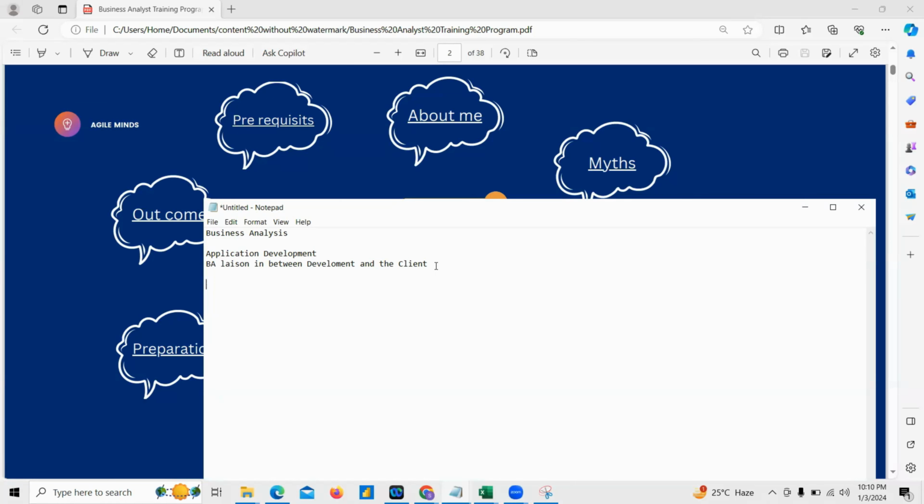For example, if someone wants to develop a login page for an e-commerce website, and the development team gathers the requirements from the client, the development team will always stress the technical aspects, right? How the code should be, how they have to design the screen, how the fields should be. Their thought process will always be on the technical aspects.